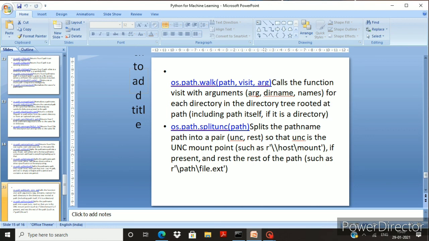So I hope this video is clear. If you have any doubt, you can ask inside the group, and I will be available from 3 to 4. I am asking you to execute this code and give me the output. You should write it on a paper, take a snap, and upload it inside the group. Then only you will get attendance. Okay, you should do this, then only it will be clear for you.